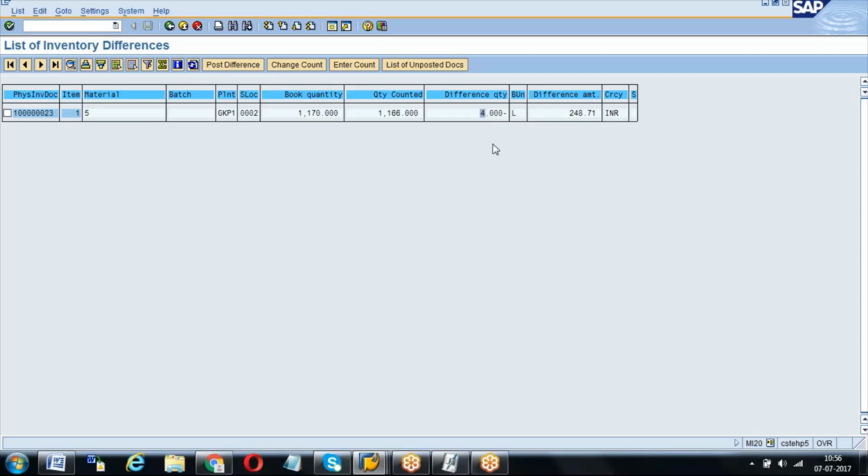That's why we do freeze book inventory very rarely, because it will cause inconsistencies. Because there is no real difference: 1166 physical stock and system stock is also 1166, but 1170 is shown here because you have allowed the freeze